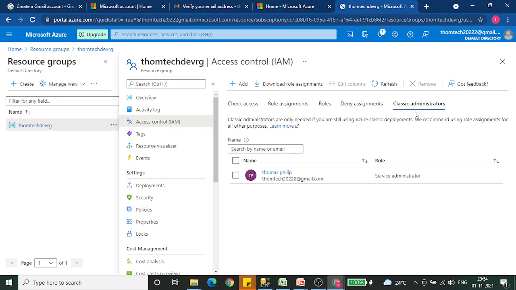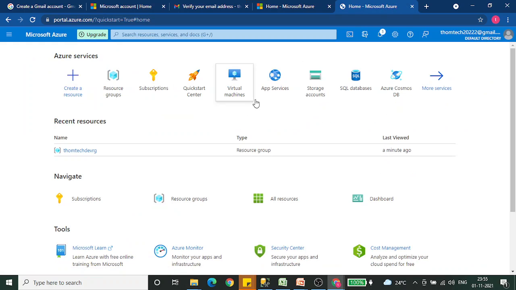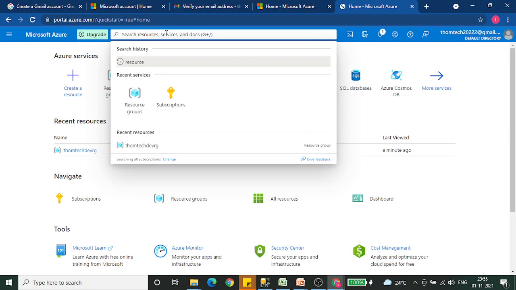We can create different resources like ADF or SQL Server database, but in some projects or organizations they will not allow us to create these resources through the portal. For that we need to opt for PowerShell scripts, and that will help us get these resources created across all the environments. So that's all about the resource group. Now let's go back and search for Azure Data Factory.